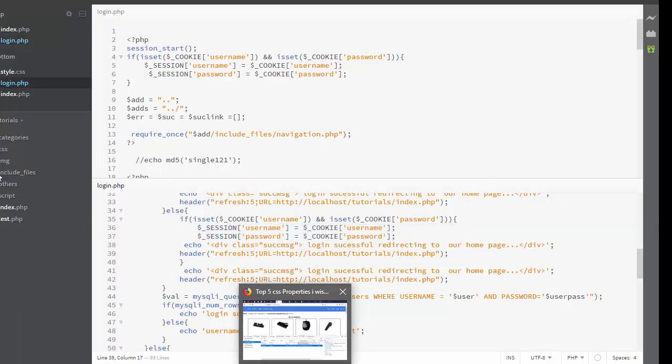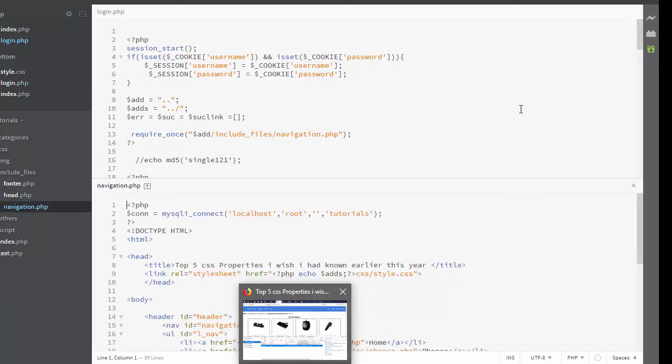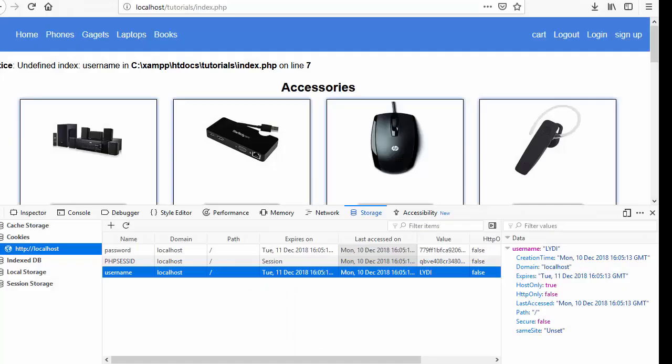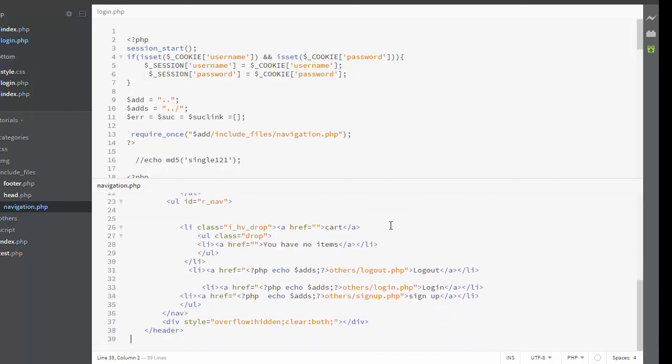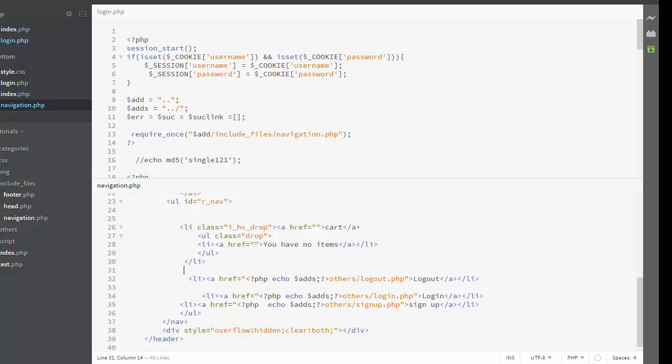The other thing we can do is go back to the include file, our navigation. We can then come to the list of items. We can say we only want our login to appear when we have not logged in. So we can include our PHP here. We can say PHP if it sets